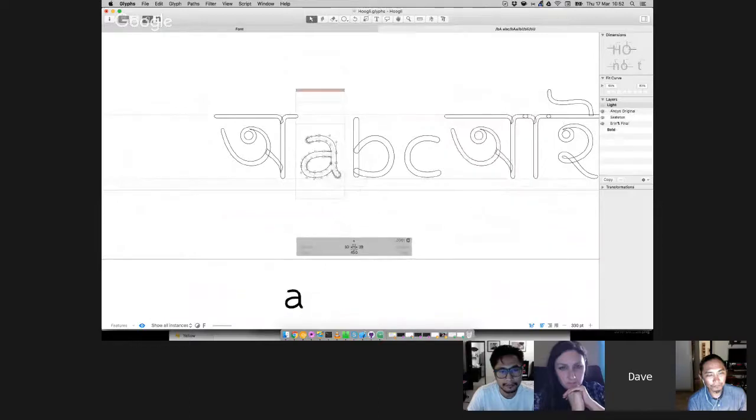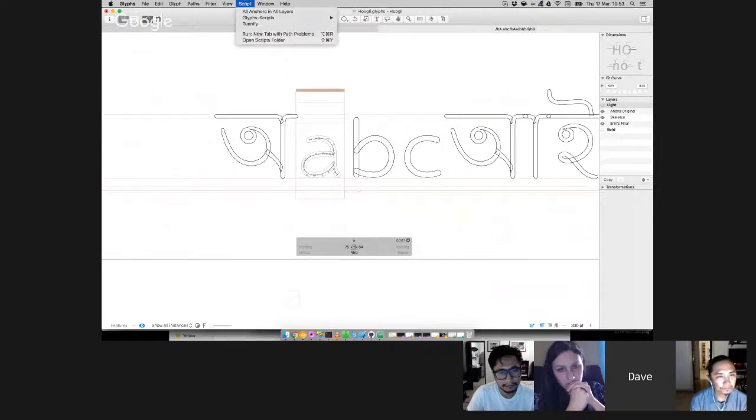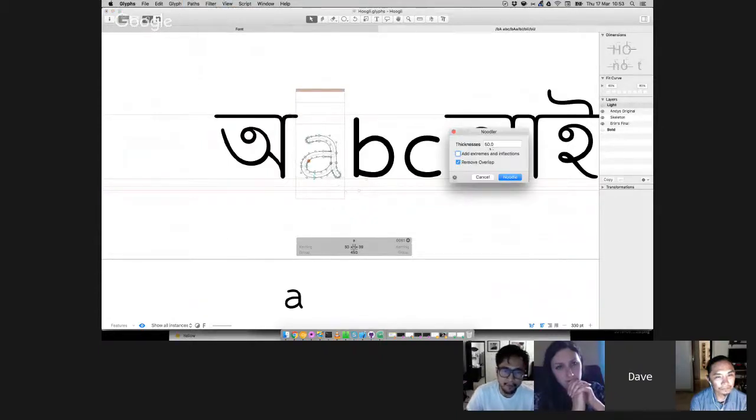go in here and, so this was remade to be the same as the original. So if we take that skeleton now and put it here, and then, why is that not previewing? Oh, and then if we run the weight to match the Bengali, and then,